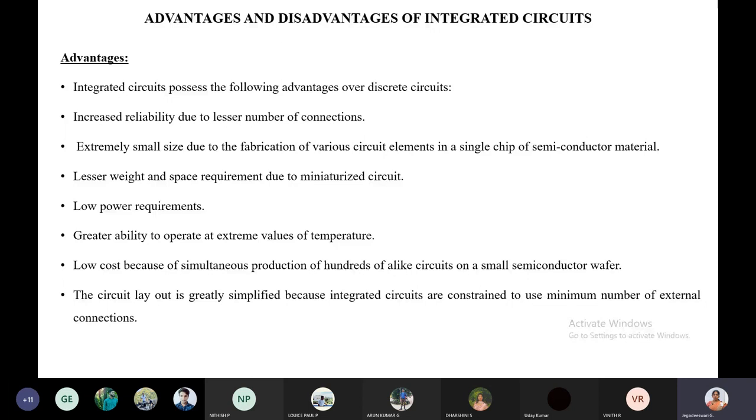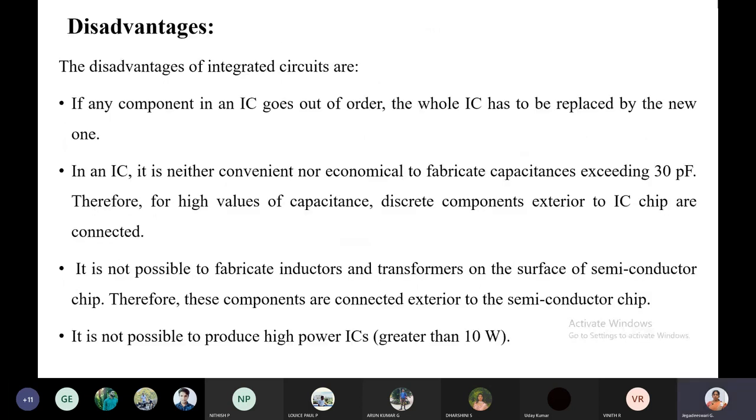Normally, even though there is a good, there will definitely be a bad. So these are some disadvantages. Everything will not be correct, right? Let us take any human being: if we have a plus, then we will definitely have a minus also. Likewise, we have so many advantages, but we have some disadvantages also. Can anyone please read the disadvantages of IC?